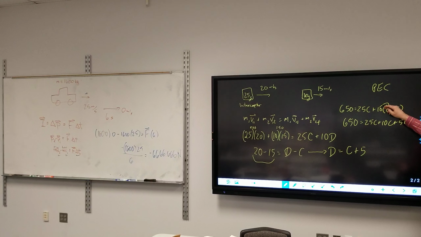When you're distributing, don't forget to distribute to both. Sometimes students just drop parentheses. So 650 is equal to 35C plus 50. 600 is equal to 35C, and C equals